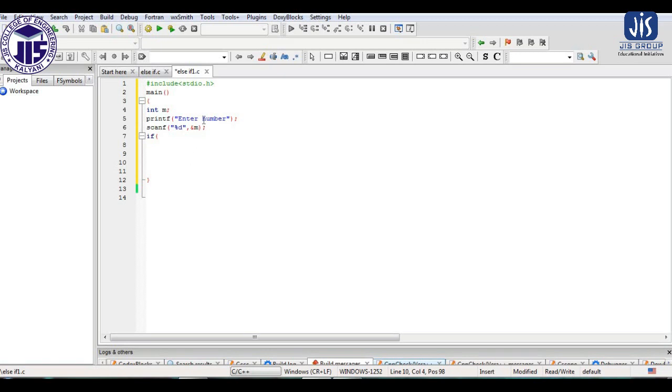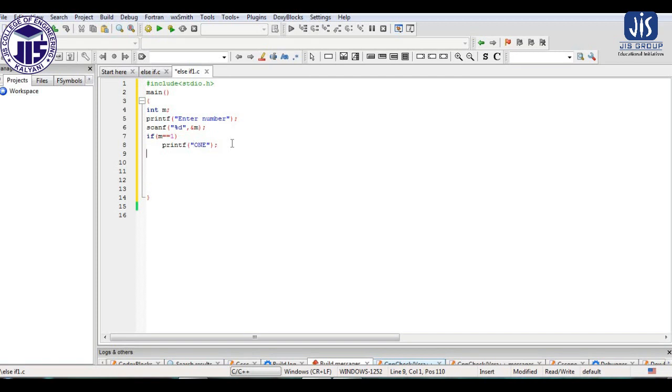So the first condition that we have to apply is, if the variable value m equals 1. If it is true, then we will print 1. Here is a terminator, but after the if we never provide a terminator, because the statement followed by the if depends on this condition. That's why we are not providing any terminator after the if statement.